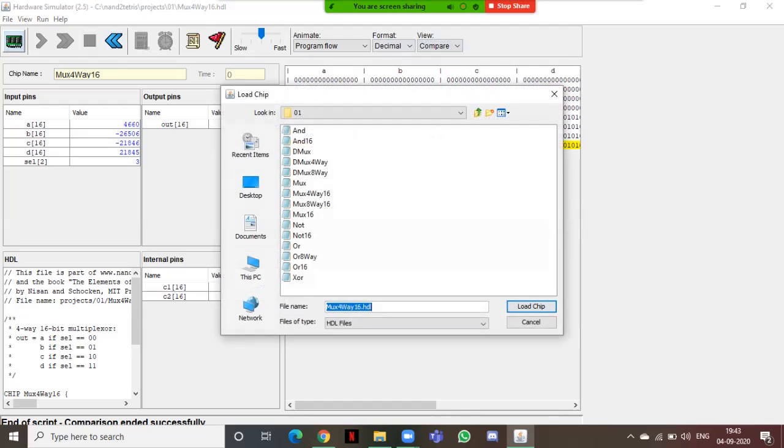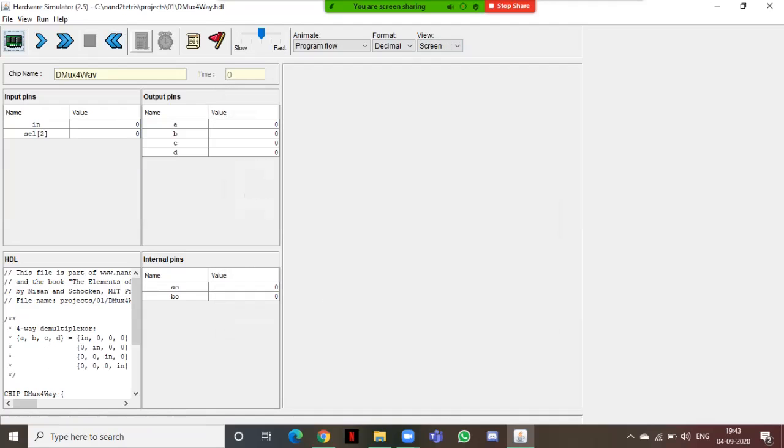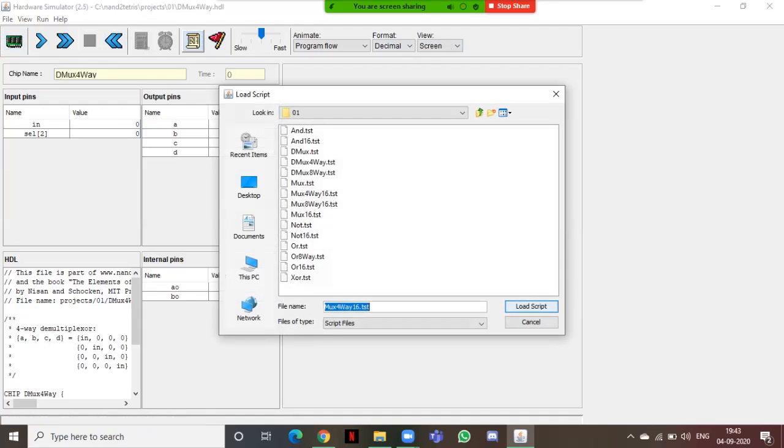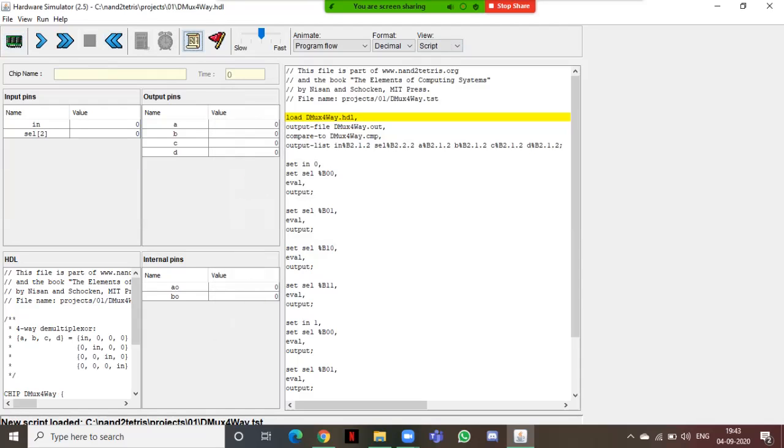We'll do now DMUX 4-way 16. DMUX 4-way. I load the script for the same, DMUX 4-way TST.